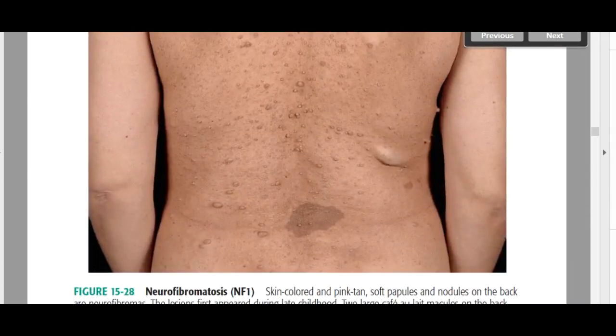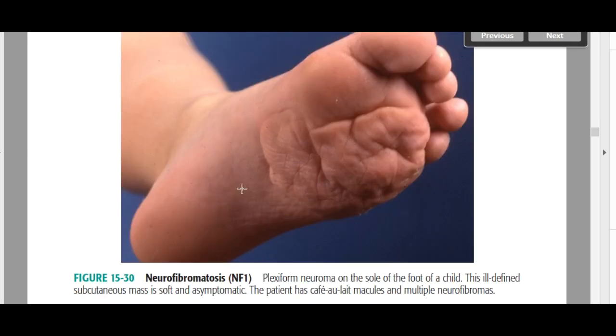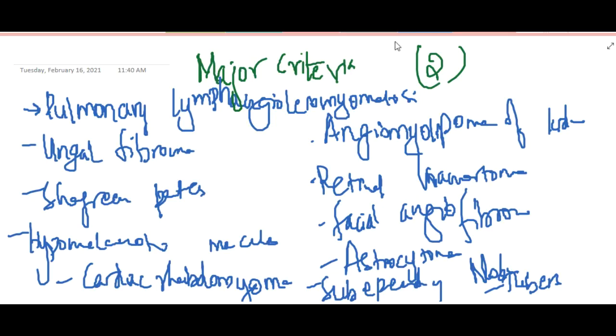These are large pedunculated neurofibromas which are seen on the chest of a 56-year-old woman. This is a plexiform neurofibroma which is seen on the sole of a child. These are the important pictures of neurofibromas and